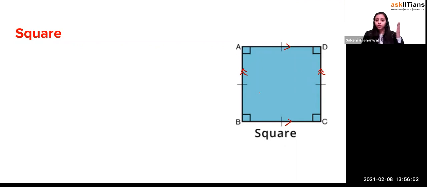But this is the most important thing. What is the definition of a parallelogram? Generally, we don't go by the properties. We just go by the definition of a parallelogram: any quadrilateral in which opposite sides are parallel, then it is a parallelogram. So here the opposite sides are parallel or not? So can I say that it is a parallelogram? Yes or no? Yes, it is a parallelogram, right? So what do we say? We say that it is a